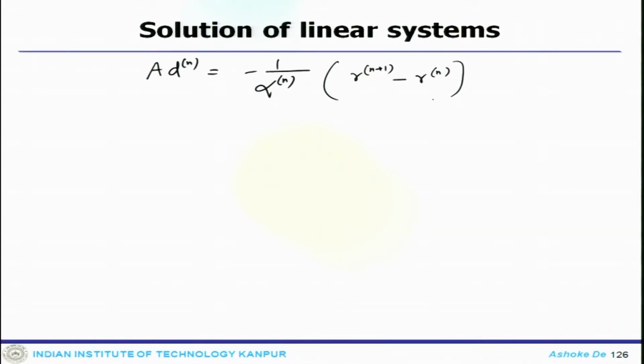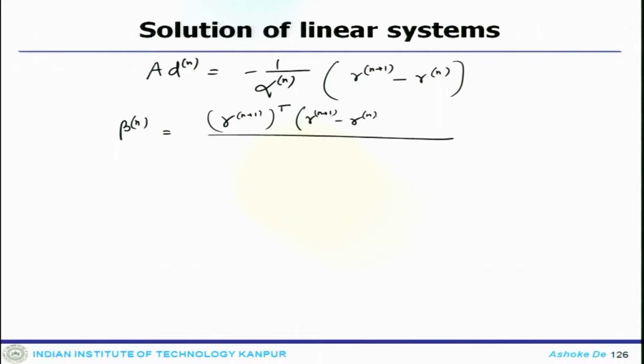Now, you combine all these expressions for alpha n, d n, A d n together, and you get the expression for beta n, which would be R n plus 1 transpose R n plus 1 minus R n divided by d n transpose R n,